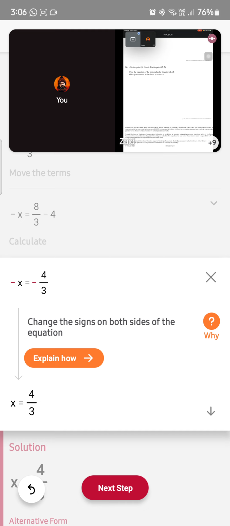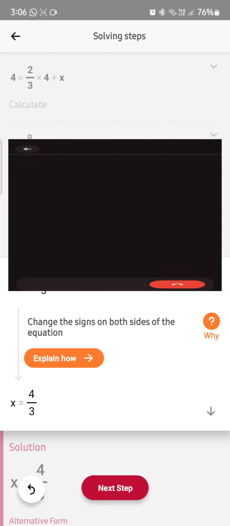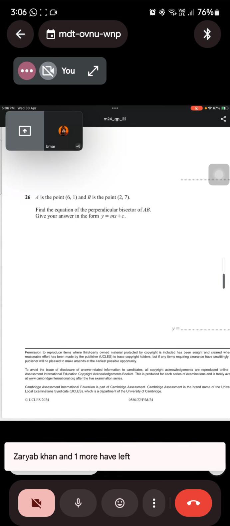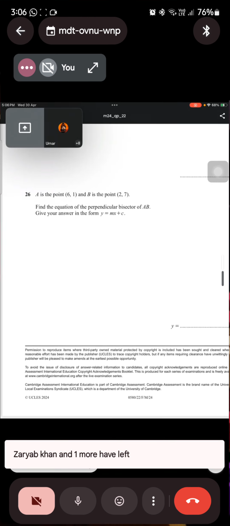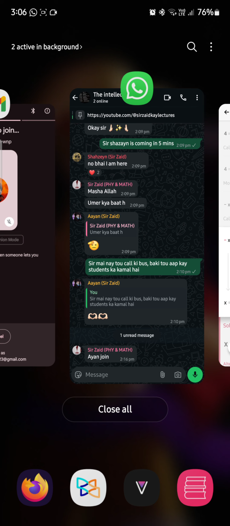Raise your hands, those who have done. Be quick. उमर ने किया अभी तक सिर्फ. बाकी लोग